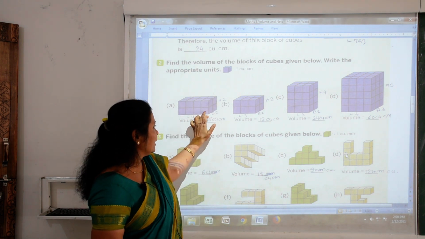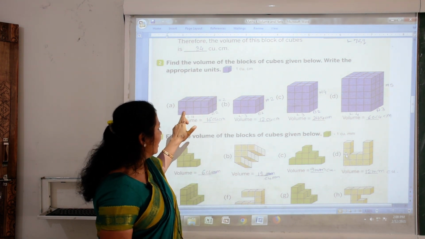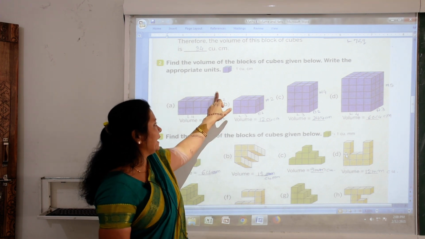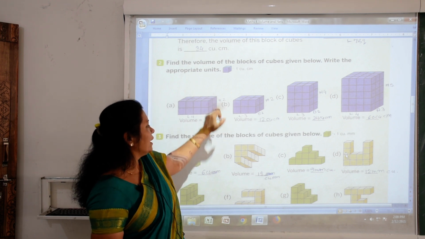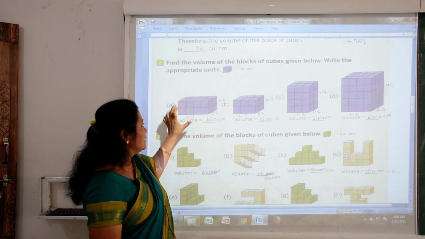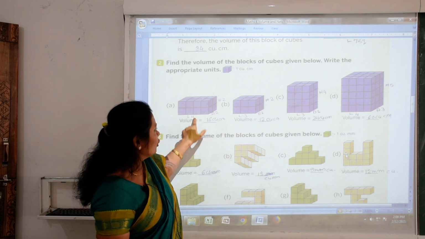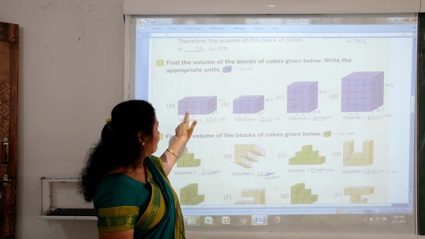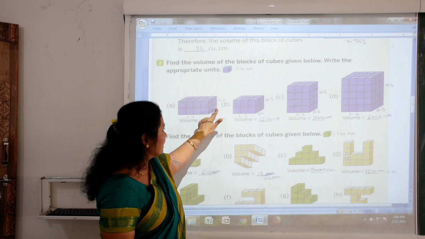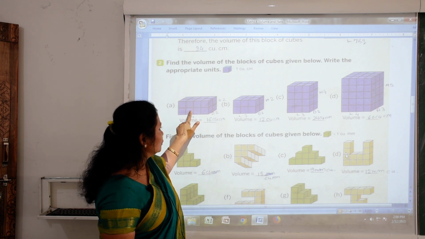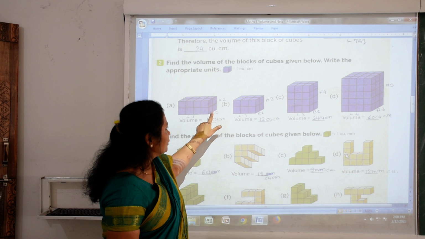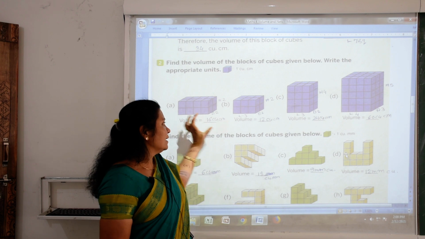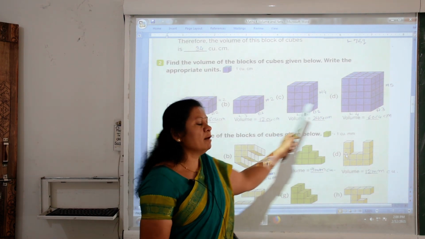So here in the length, how many squares are given? 1, 2, 3, 4 squares. Length equal to 4, breadth equal to 2 and height equal to 2. What is the volume of this block? This block volume is equal to 4 2s are 8 and 8 2s are 16 cubes. सो आपको देखा ये 1 2 3 4 5 एंड 6 कितने स्क्वायर दिख रहे हैं, ये 1 2 3 4 स्क्वायर एंड 2 4 2 8, 8 2 16. So length, breadth and height, this way you can find out the volume of all the blocks.